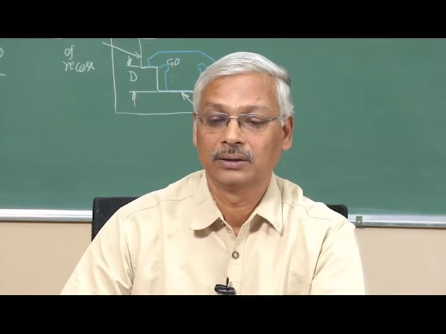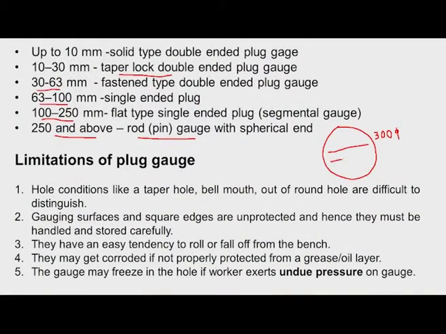So the practice is to use pin gauges with spherical ends like this. So the length of this is controlled. There will be one pin for go, the lower limit, and one pin for the upper limit. So we have to insert it and then we have to rotate it, or we have to remove it and again insert it like this. Some 2-3 times we have to do like this. So these are called pin gauges. They will be very light in weight, so the operator can easily use them.